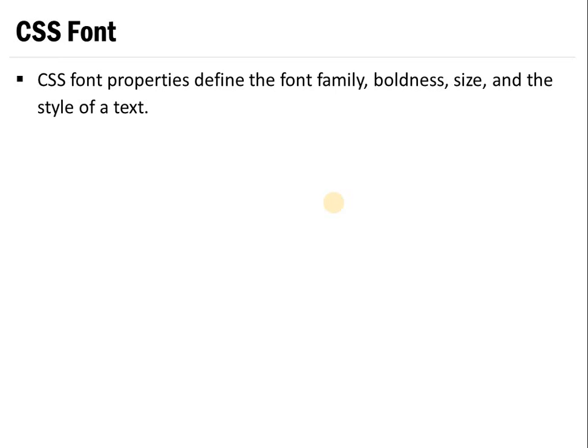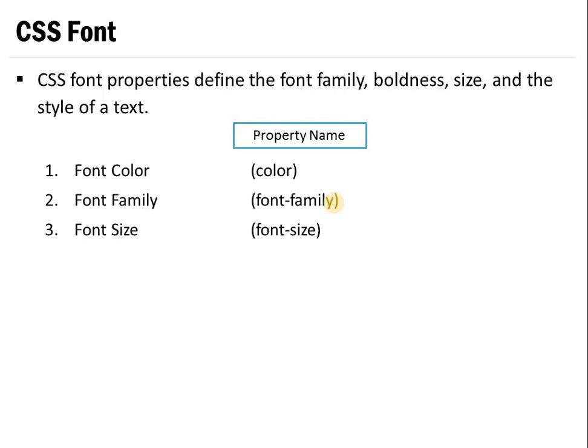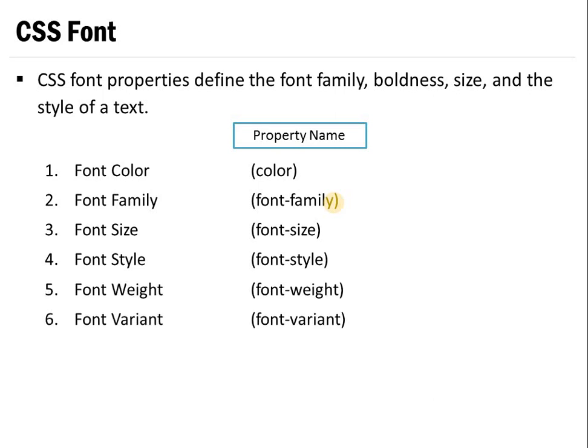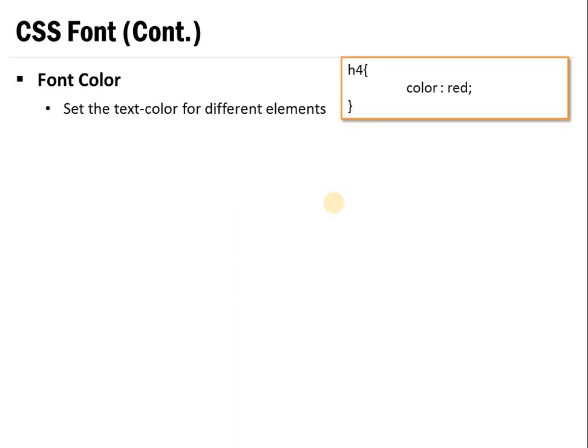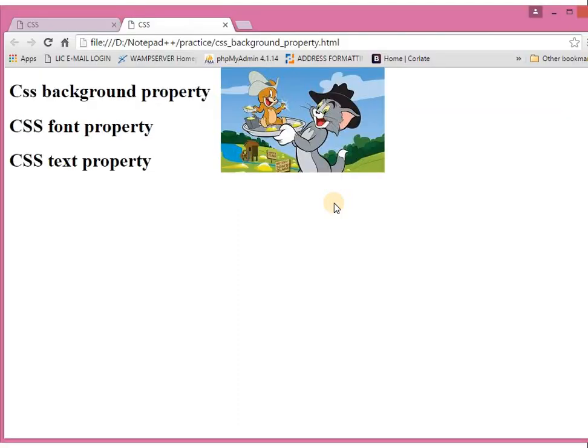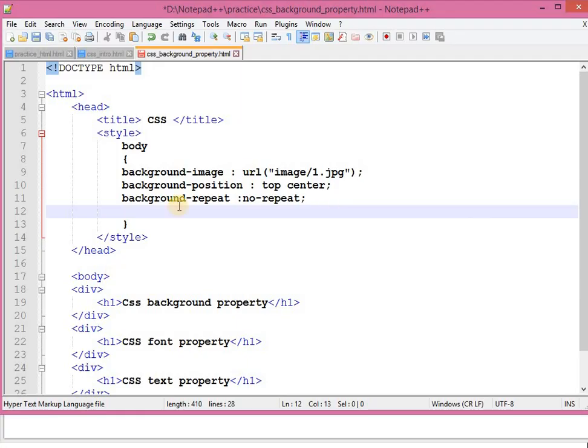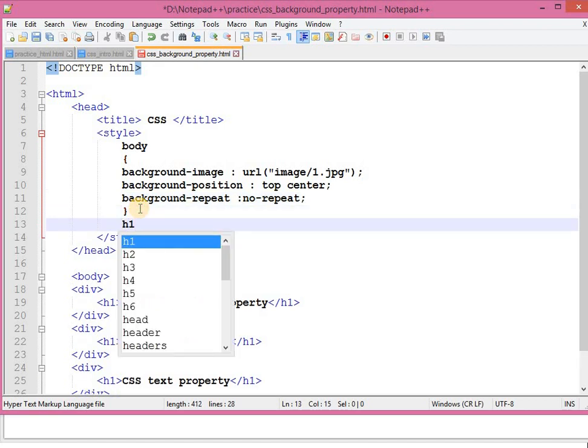There are various properties to decorate your font, for example font color, font family, font size, font style, font weight, variant. Now font color, if you want to color your text. Over here I want to set one property for the H1 tag.